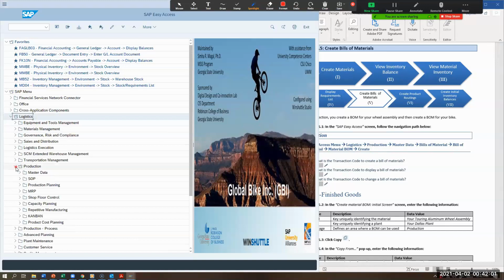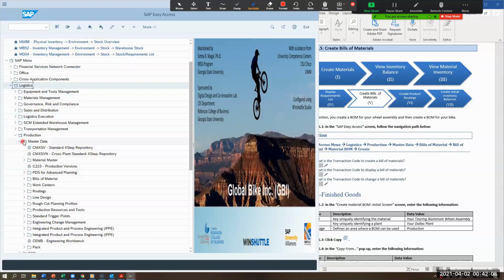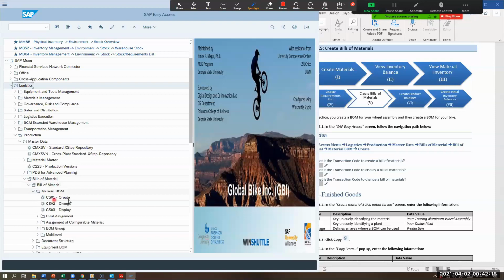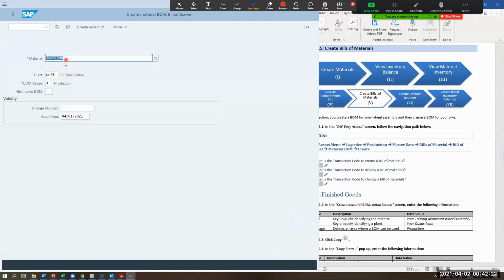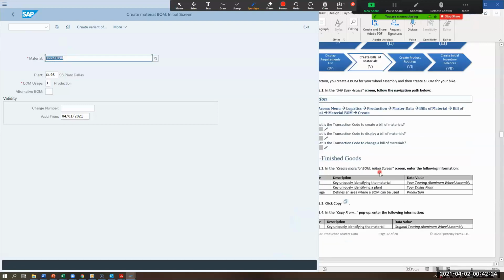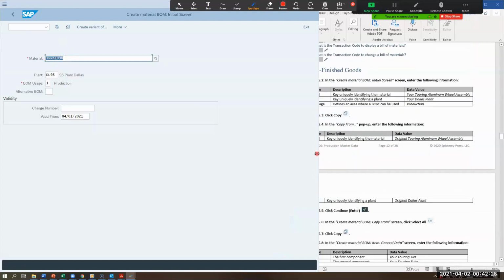Production, master data, bill of materials, bill of material, material bill of material, and then we're going to go into create. So CS01. So here, instead of my wheel assembly, because I'm going to go down here,